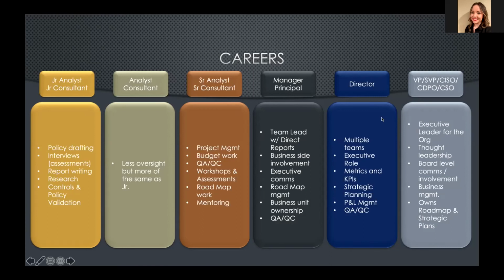At the director level, now you've got similar things, more responsibilities, but now you're spending more time on the business, more time in the executive role. Now you're worried about how well is my team performing? Are they hitting the metrics that they need to? Are we reducing our risks? Have we limited the amount of bad things happening, and how can I prove that? What's my P&L? Are we profitable?